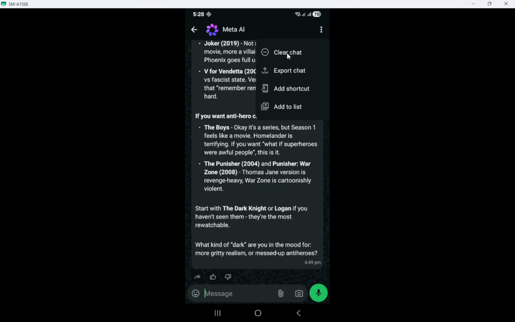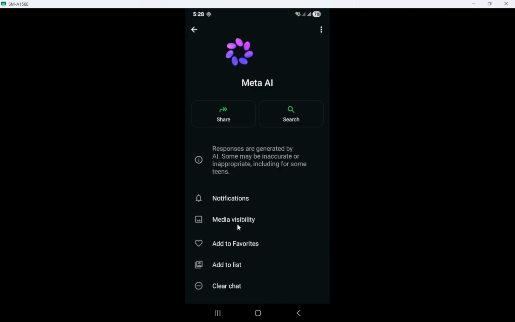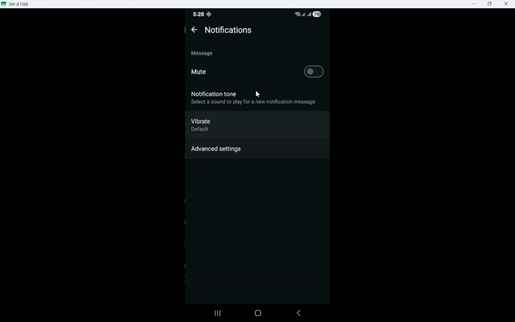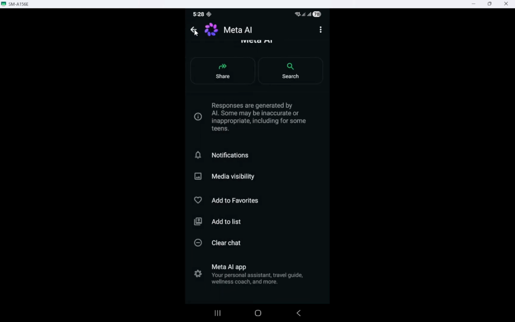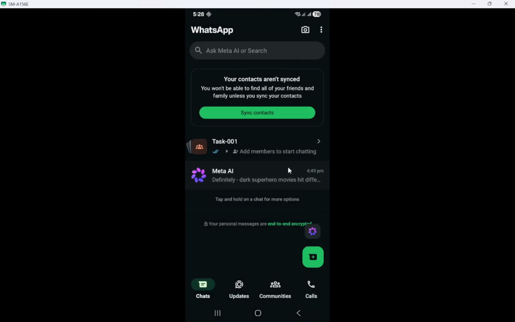If that setting isn't there, the only thing you can do is reduce how visible Meta AI feels in your daily use. One way is to delete the Meta AI chat if it appears in your chat list. You can also mute the Meta AI chat so it doesn't draw attention with notifications. And beyond that, the best approach is simply to avoid tapping the Meta AI button and avoid using @Meta AI mentions in chats. So the practical answer is very straightforward.